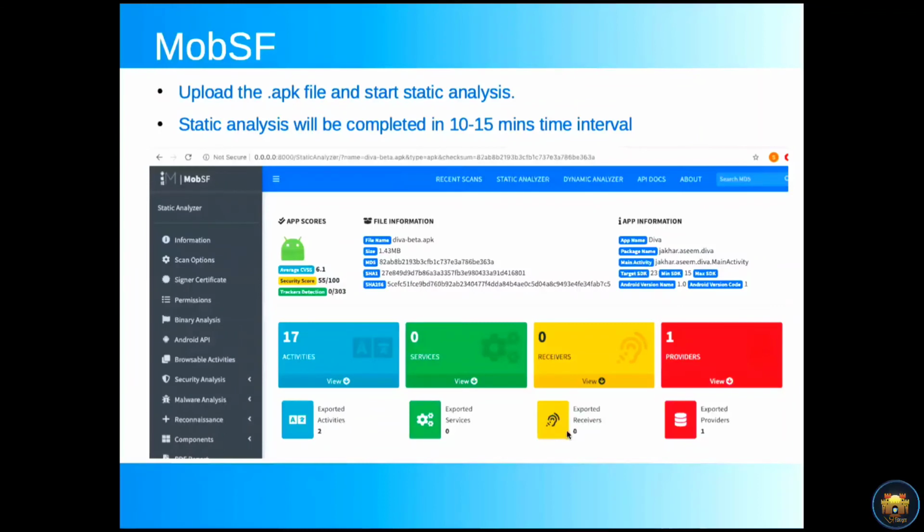You can observe how many exported providers, there is one, and how many exported activities. You will get all the information automatically within 5 minutes.